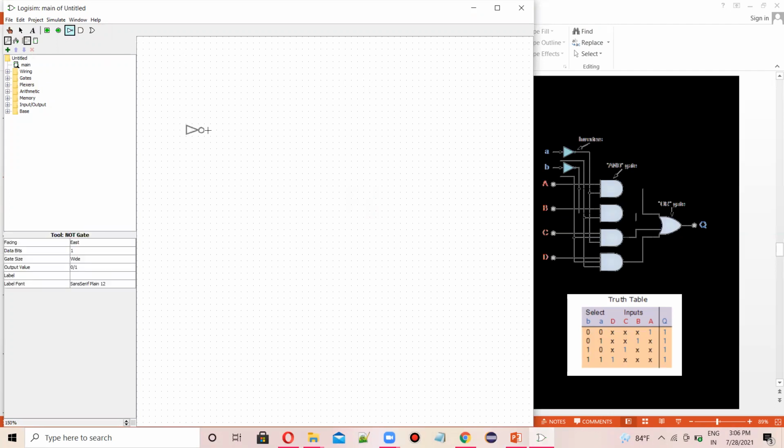As I have already explained in my previous videos, I will design this by using the tools available in this canvas. I have chosen that. Now I'll choose the 4 AND gates.